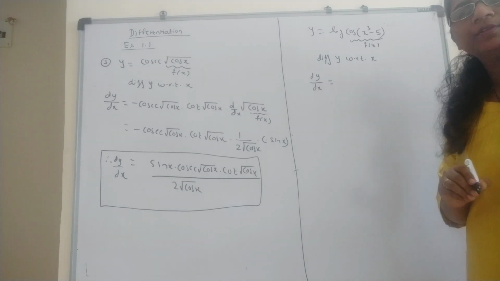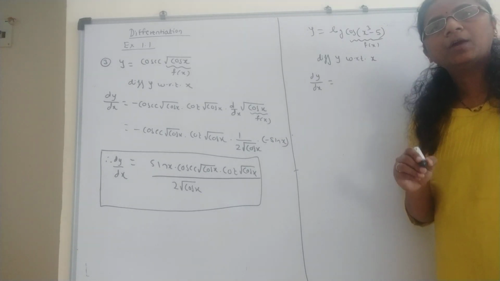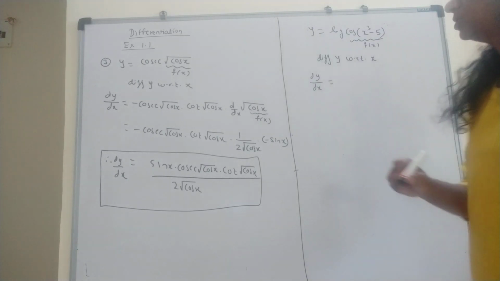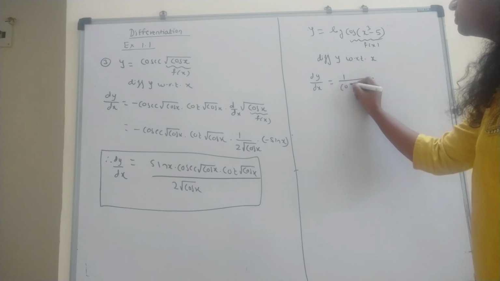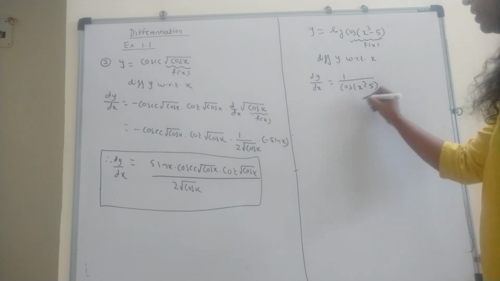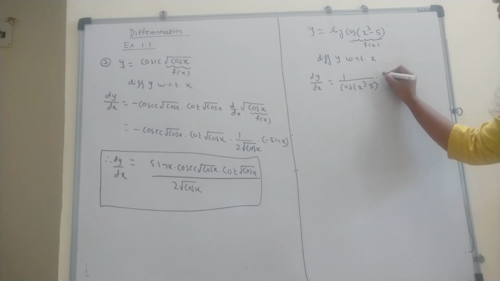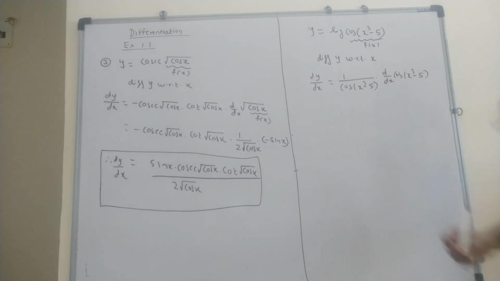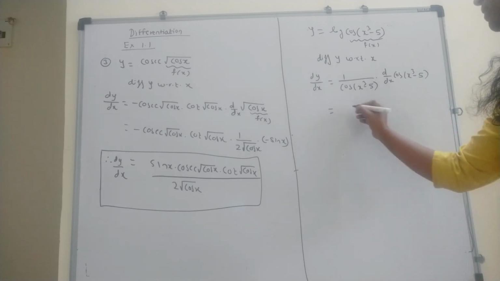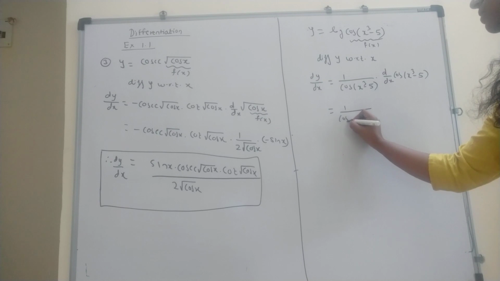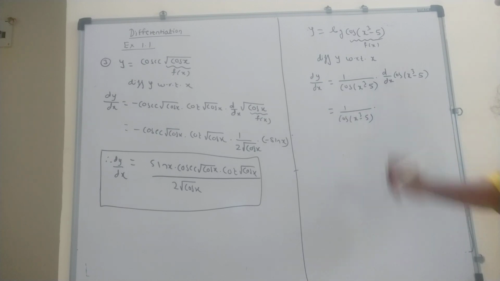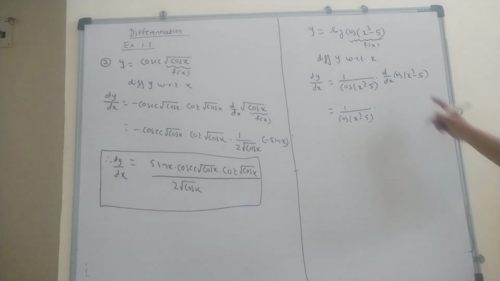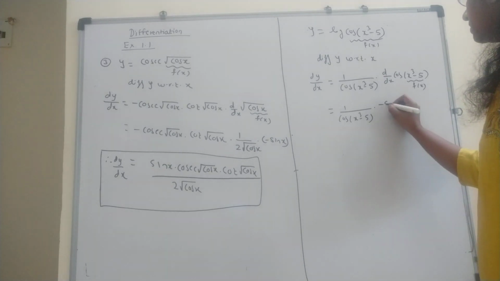Now what is derivative of log of fx? It is 1 upon fx into f dash x. So this is 1 upon fx. Fx means this whole term. Okay, 1 upon fx into f dash x into derivative of the inner function. So 1 upon cos, you may write this as sec or will keep as it is in this step. Okay, 1 upon cos ला तुम्ही sec पण लिहू शकता. ओके, हा झाला आता cos of fx फॉर्म. Now what is derivative of cos of fx? Minus sin of fx